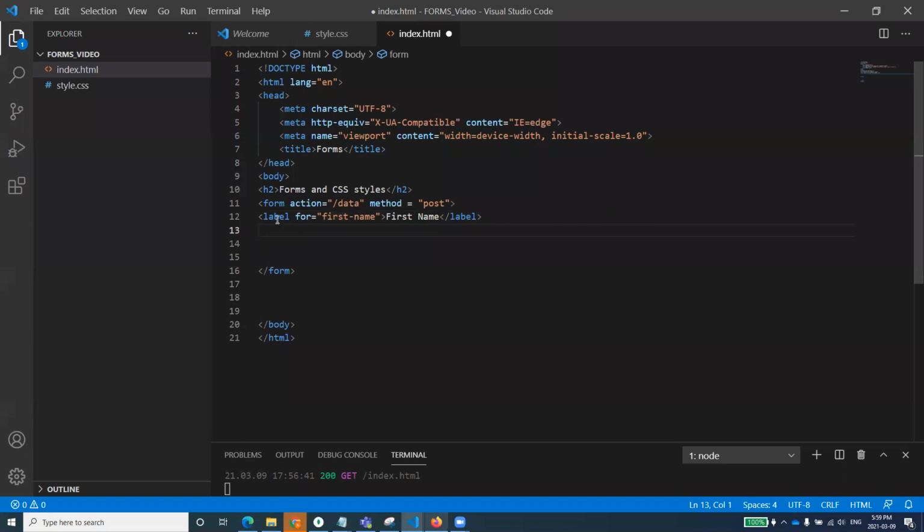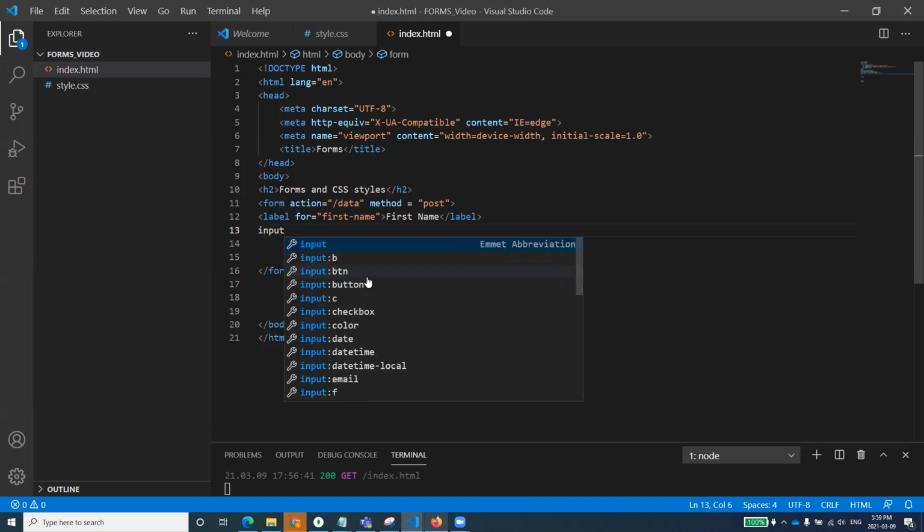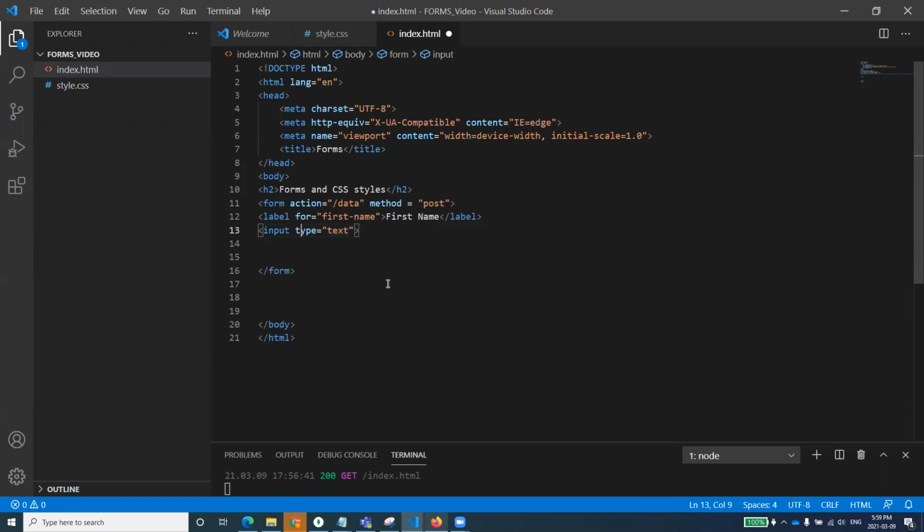So first of all, I've created a label, and label for is equal to first name. You have to keep in mind that this first name should match with the ID of the input box that is to follow. What do I mean? I will create an input. So you know the input is basically what? Input type is equal to text, which is coming automatically, and I can just leave it right now. I want to create a type of text box where the user can enter something. So when I give it the ID, I'll take very good care that it should be the same as the label for. Why? I want to attach this label with this text box.